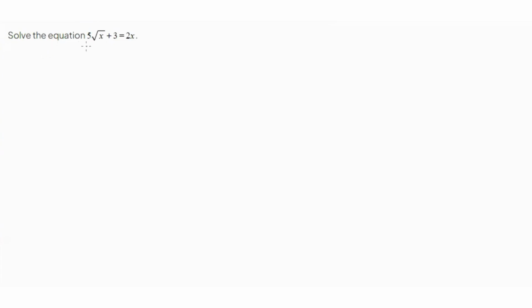So it says solve the equation 5 root x plus 3 equals to 2x. So what we're going to do is we're going to begin with assuming that another variable equals to root x to get rid of the root over here. So I'm going to assume that y equals to root x. So if y equals to root x,